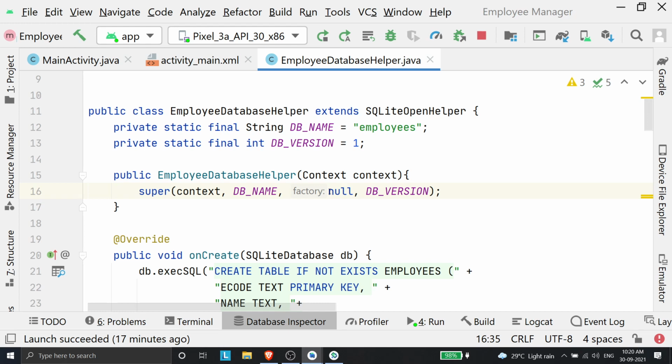Context is basically the current class that the Android device is currently working on. My main activity is the context, the main activity class. So we do not know what the context will be, like many applications will be. So I just specify context as context. It will take the context from whatever process is currently running.